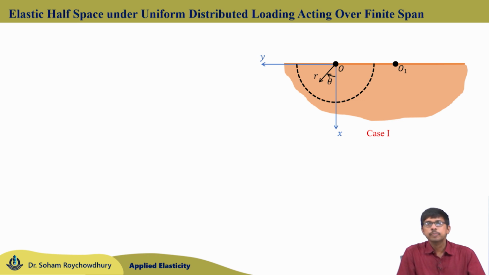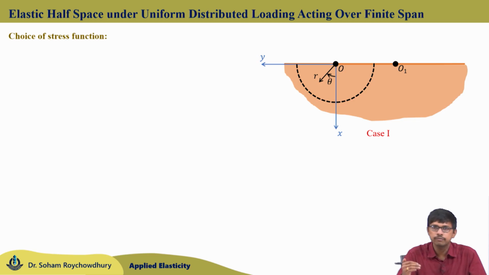Now, considering this particular case where O is chosen to be the origin, the x axis is vertically downward from O, and the y axis is the horizontal axis coinciding with the free surface of the elastic half space. Theta is measured from the positive x axis, with the clockwise direction positive, as shown in the figure. So, the range of theta is from minus pi by 2 to plus pi by 2 for the present problem, which is the same as the Flamant problem. We will be solving two cases, then their superposition will give us the desired solution.